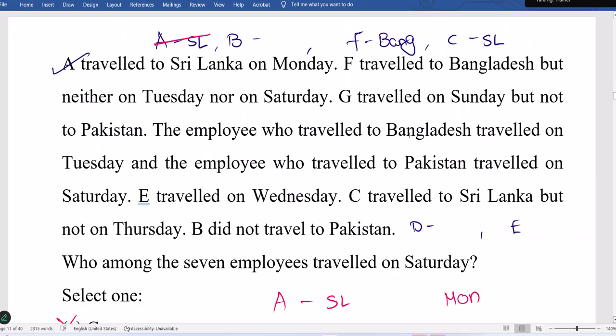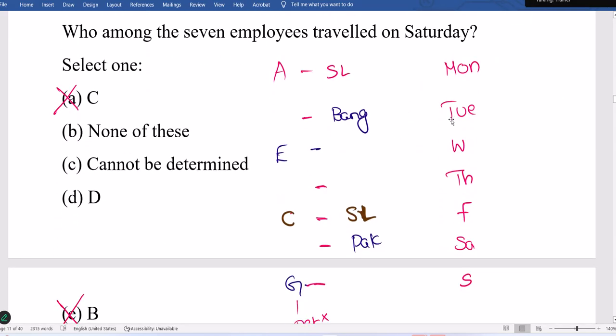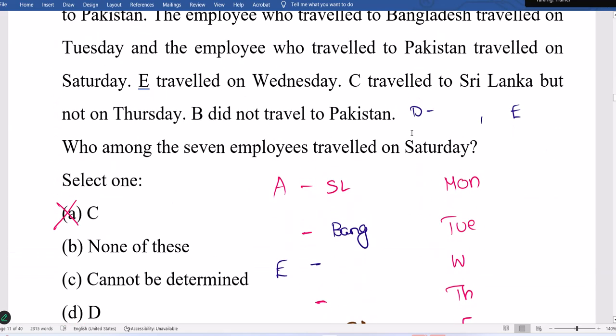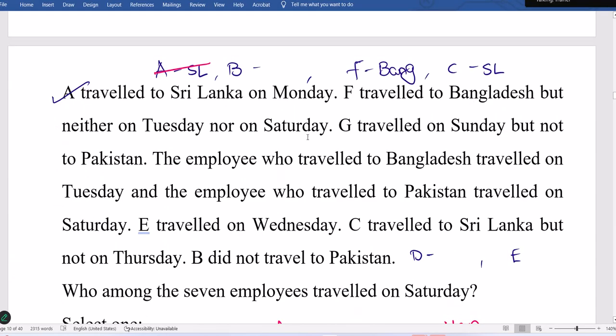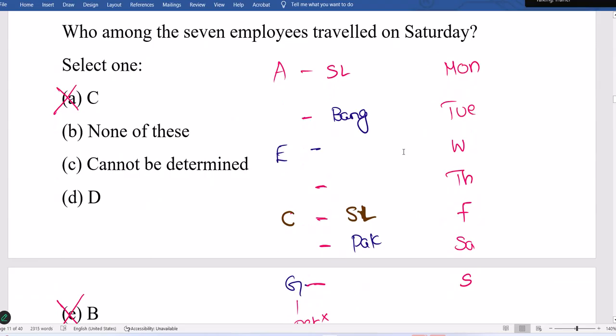And there are two slots available. One is for F and Bangladesh. Okay, here one possibility is Tuesday. They said F Bangladesh is not on Tuesday. So F Bangladesh is not on Tuesday, then F Bangladesh must be on Thursday. So two Bangladesh, two Sri Lanka,